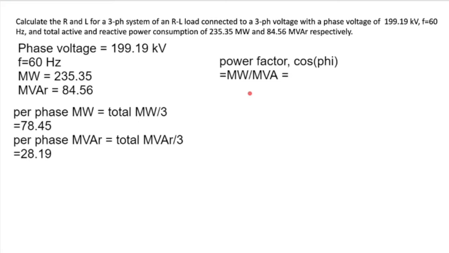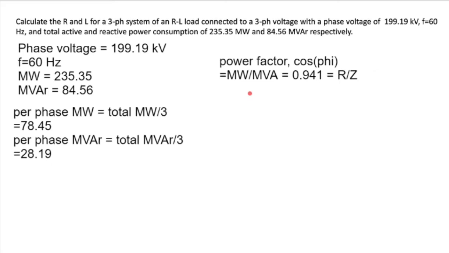And 0.941. That is correct. Now this is equal to R over Z. You can keep it in mind that power factor is equal to R over Z. Now what we have, per phase MVA